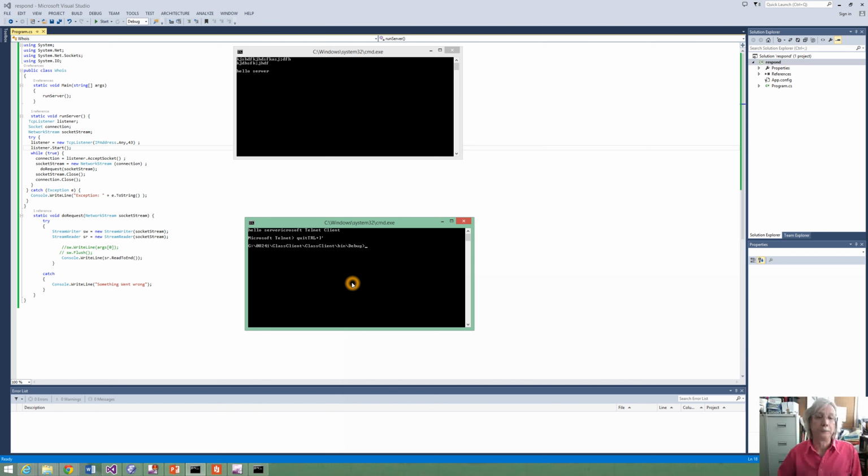So there's a couple of things to talk about here. Why, when I type hello server, does it not echo the commands? Well, that was explained in the lecture course, because there are features of Telnet that you can enable